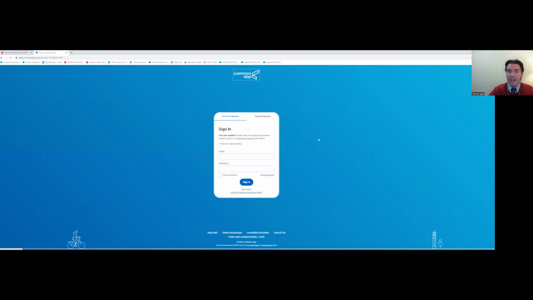Once you click that, it will bring you to a login page. So unfortunately, I am not applying to MCPHS, so I don't have a login, but you will be, chances are you will already have been provided a login to access all of your Common App documents and applications. So what you're going to do is whichever email you chose to use and whatever password you pick, you will go ahead and log in, and that will bring you right to the page to fill out and submit that